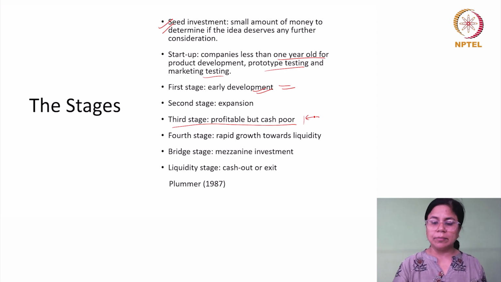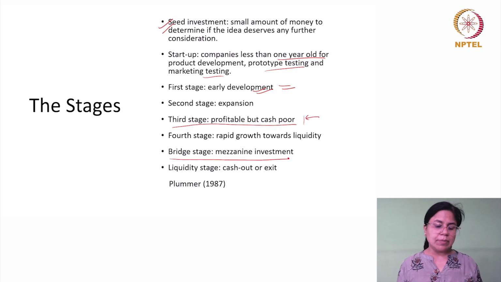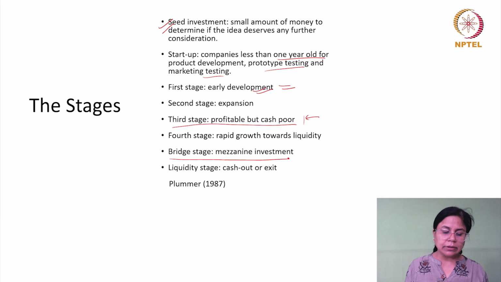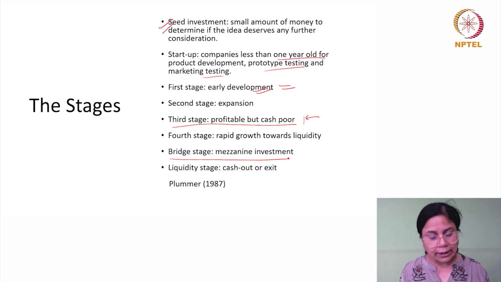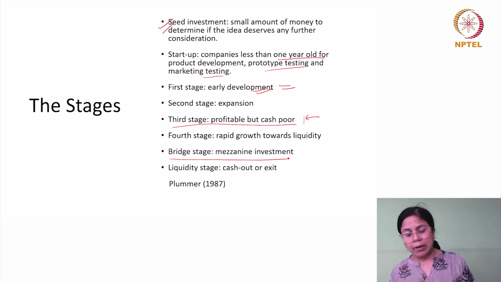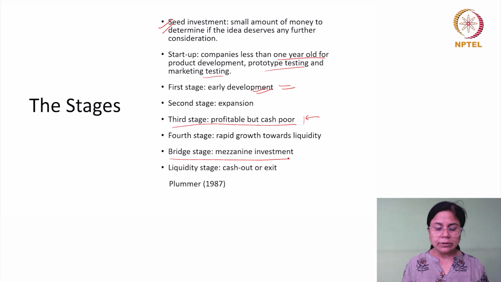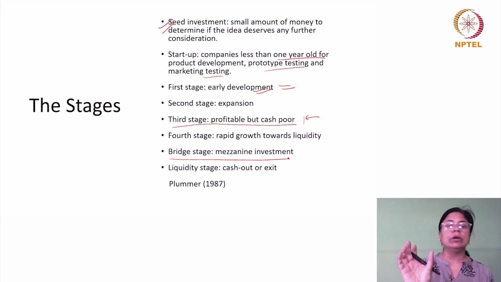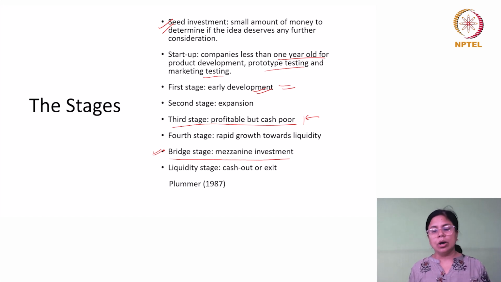Now in between, if there is a requirement to establish the company in the market much better, another investment may come through, which may be a bridge or a mezzanine investment. Here again the idea is that the company may have some idea which form of exit it is most likely to take, and they even know the timing, etc., but they want to take it to a certain scale. Now depending upon how the general stock market is doing at that particular time, the IPO window will be open only in a few stages, or it could be unpredictable. Depending upon the overall environment, some more investment may come through, but over a period of time the idea would be to cash out or to